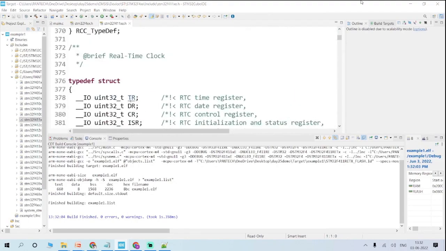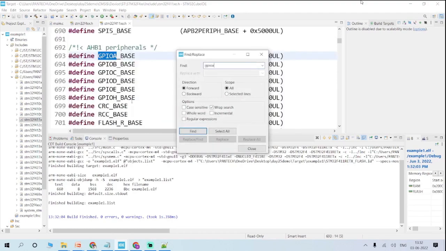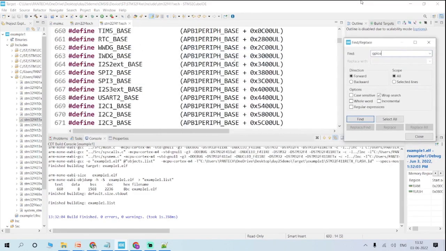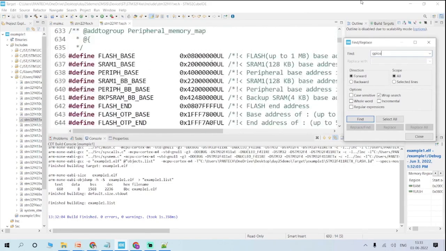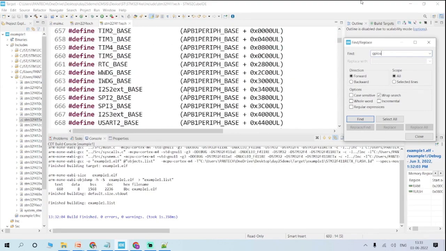Okay, let me check for GPIOA. Okay, so it has all the addresses. They have defined all the peripheral addresses here. All the memory map has been already defined. So you could reuse this one. Okay,